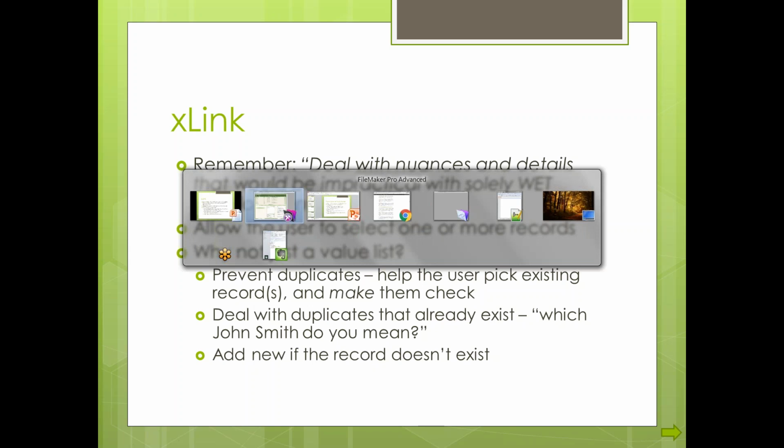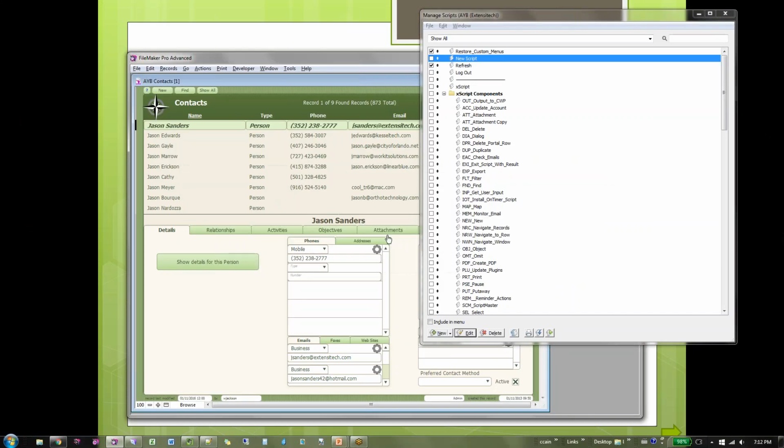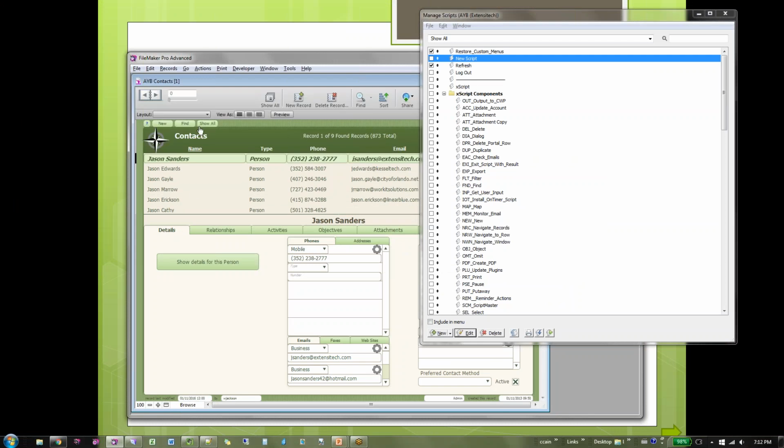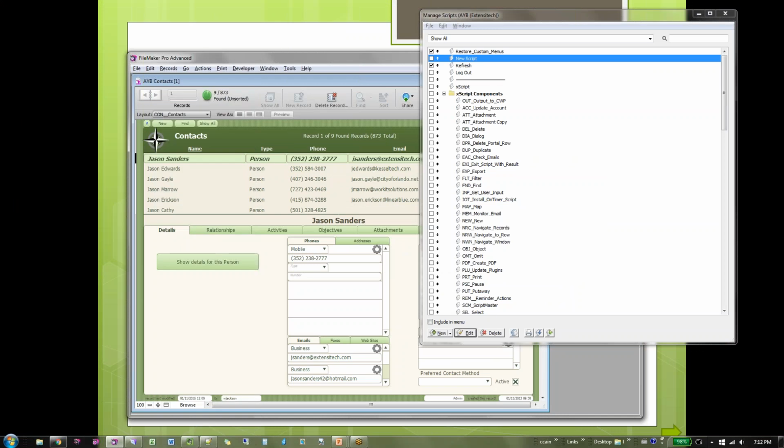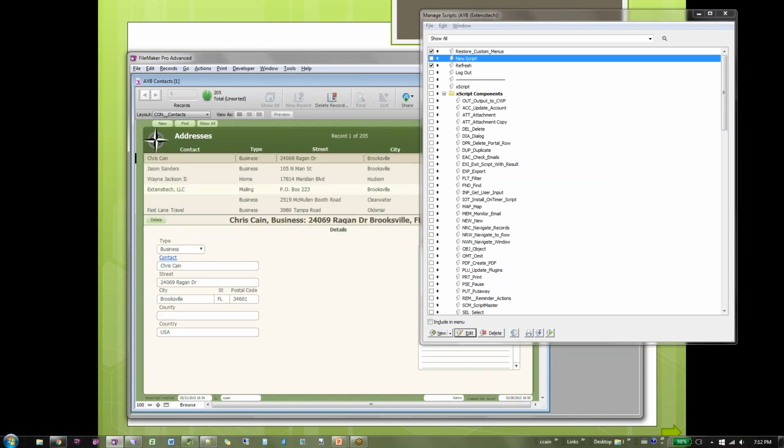So here's what this looks like. And probably the easiest way for me to show this to you is I'm going to go to addresses. Kind of using a backdoor here, just because my easiest example that isn't also rolled into a custom function or something like that is this one.